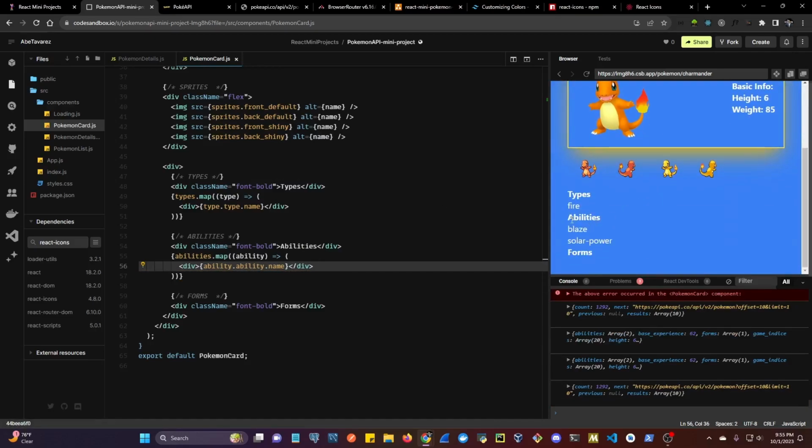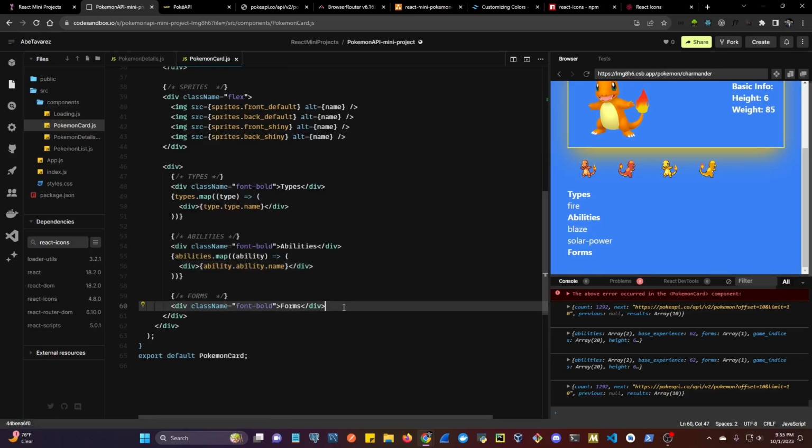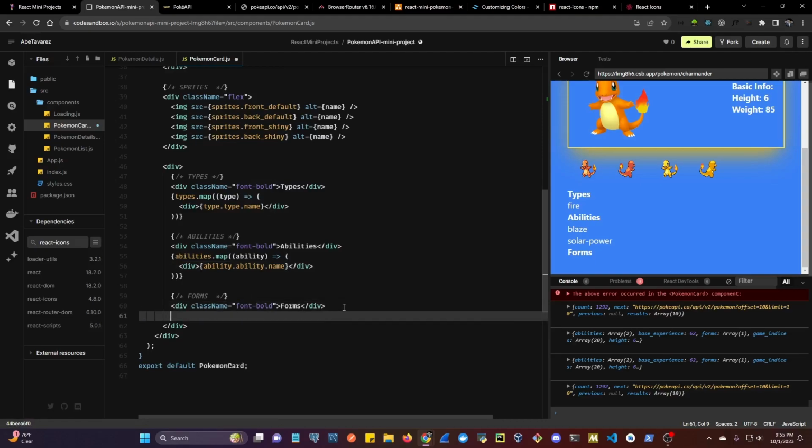Let's double check. Abilities, blaze, solar power,